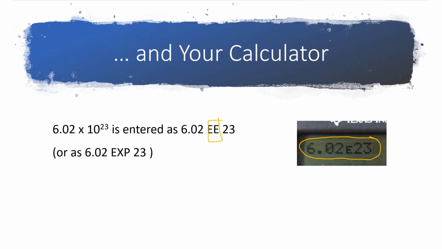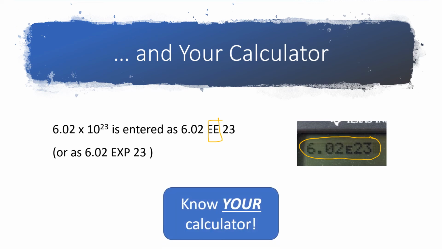On my favorite kind of calculator, this number will show up with the power of 10 over on the far right side as a number separated from the rest of the display. The advantage of using the EE or the EXP key is that when you use that key, the 6.02 and the 10 to the 23rd are tied together as being a single number. And so if you use it, everything that I'm drawing a box around right now, the calculator treats as being